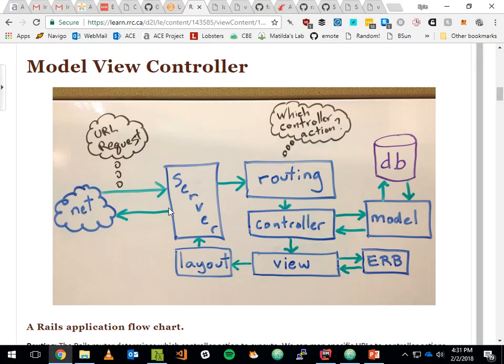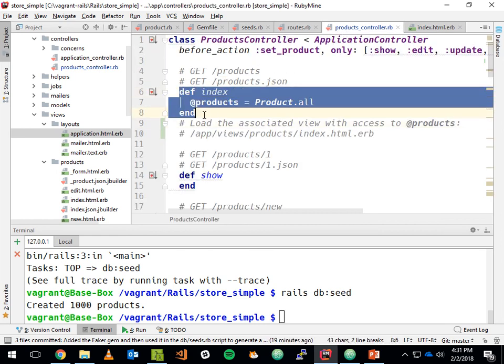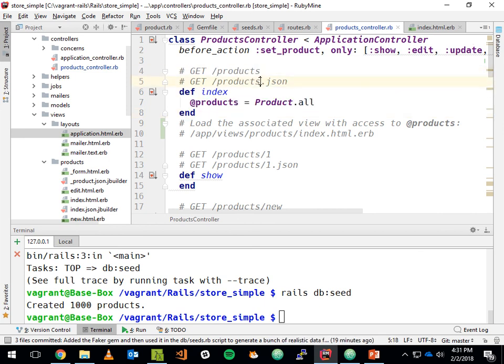And we've now closed the loop, right? We've ended up back at the server, and that gets sent back to our browser. And that is our high-level overview of what happens for a single Rails request. We can see the slightly different path that would happen, which is not visually shown here, for a JSON representation. So remember that our routes are built up here. The index is the same action that is going to be triggered regardless of if we've done a .json or not. But if we look at our routing file,